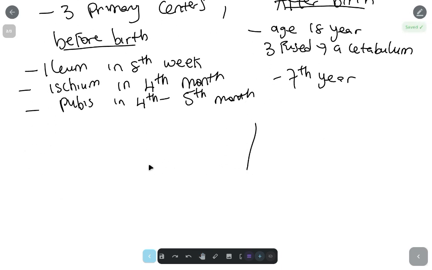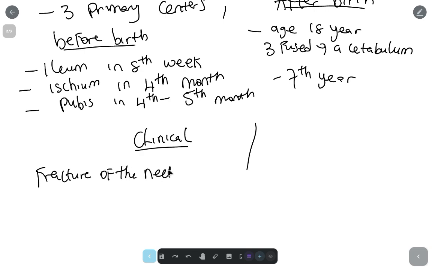Let's talk about one final important thing you have to know, which is the clinical application of the hip bone. So what are the clinical applications of the hip bone? First is the fracture of the neck of femur. Fracture of the neck of femur damages the blood supply supplying the head of the femur,